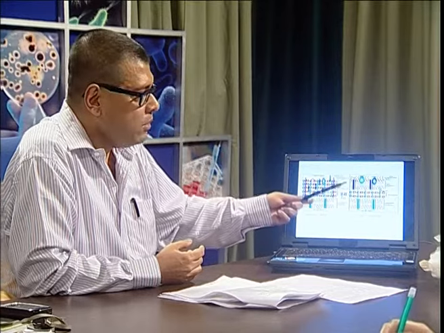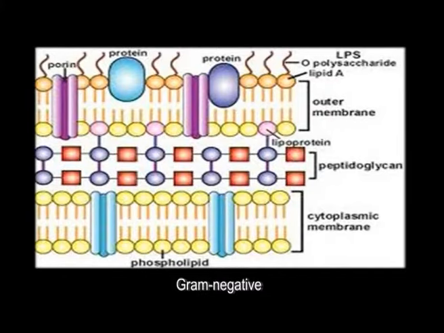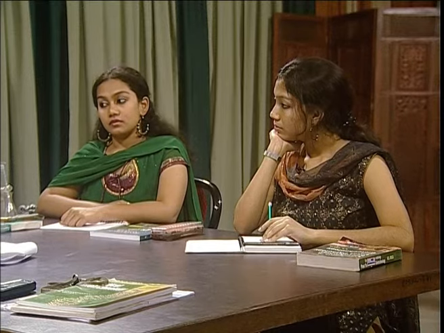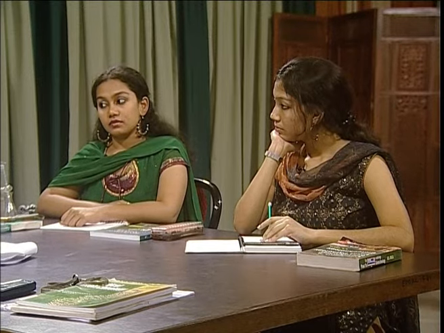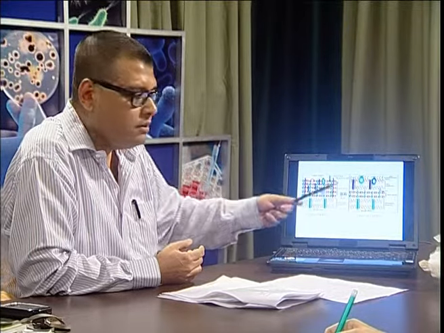But when we come to gram-negative bacteria, you can see that there is an outer lipopolysaccharide layer followed by the peptidoglycan, which is only 10 to 15%. And there is an inner membrane. Of course, there is an intermediate area or the matrix. So what happens here is that because the peptidoglycan layer is very small, the gram stain cannot be retained.